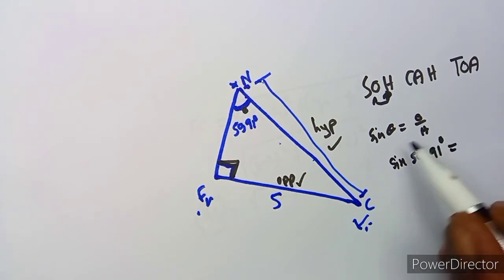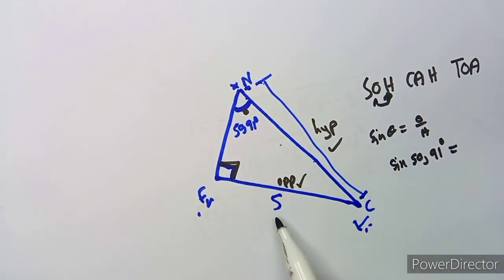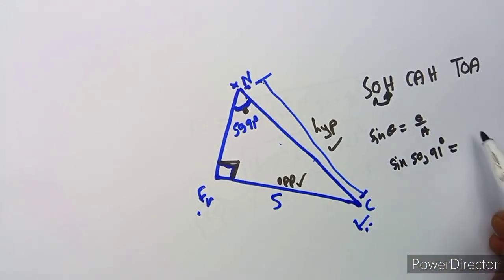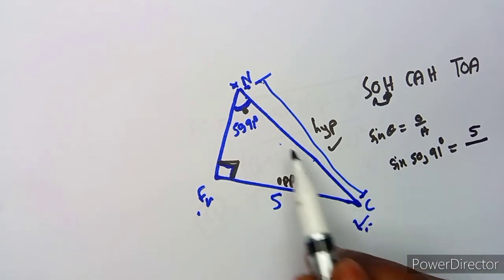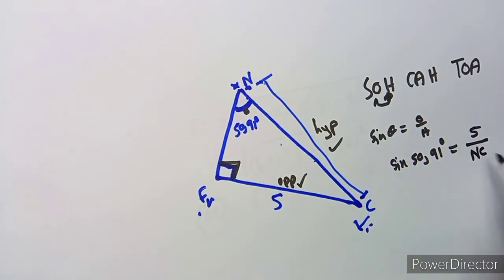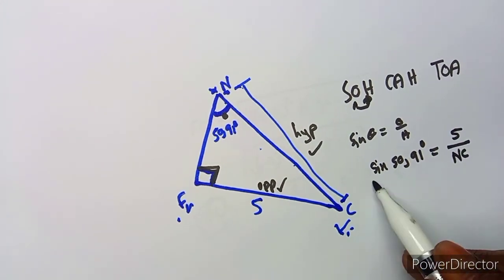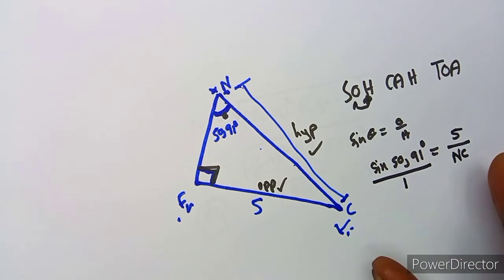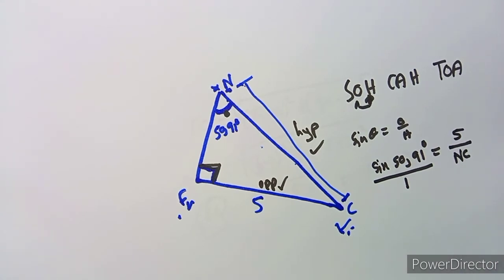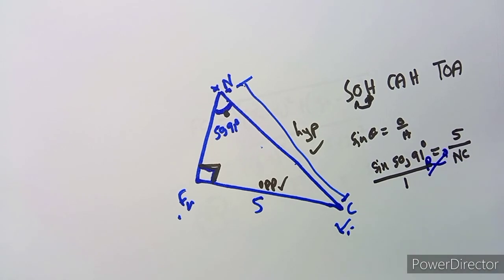50.91 is equal to the opposite according to the angle that you are given. Which one is your opposite? This one, which is your 5, over the hypotenuse, which is the NC, the one that you want to calculate. So now it's you and your normal equations, guys. You can cross multiply, do this and that. There are so many ways that you can do this. So cross multiplying is going to give us something like